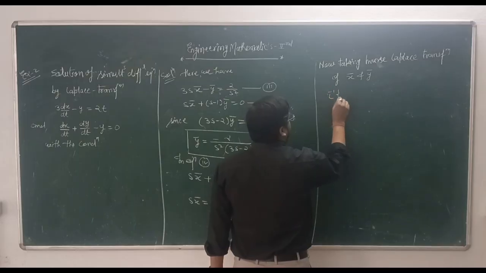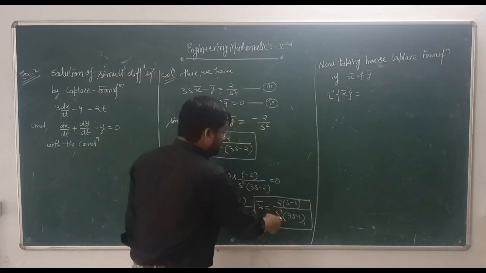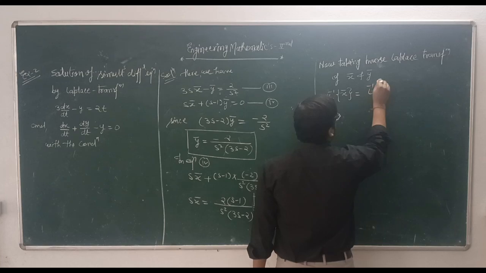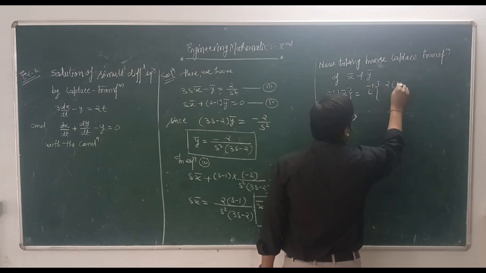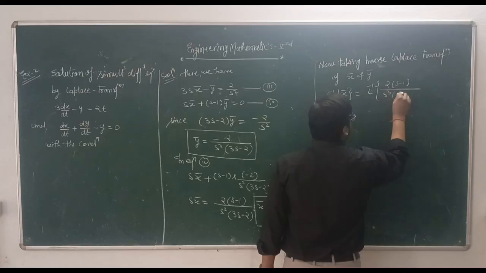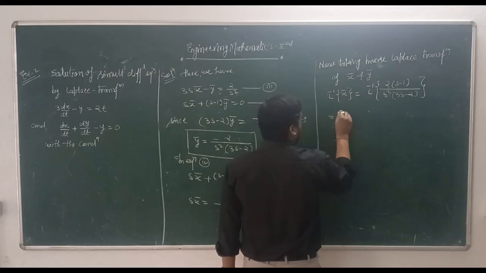Inverse Laplace of x is equal to, you can write inverse Laplace of (2s minus 1) total upon s cube (3s minus 2). Now you can write inverse Laplace of